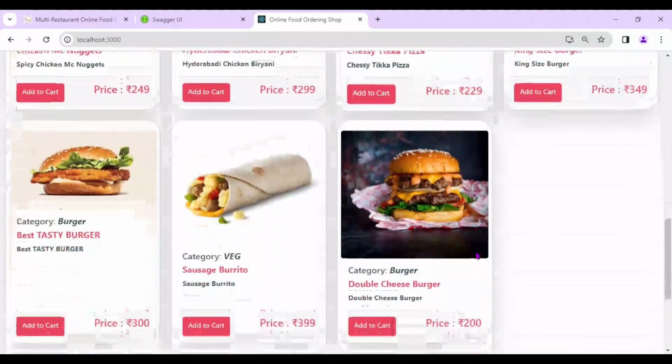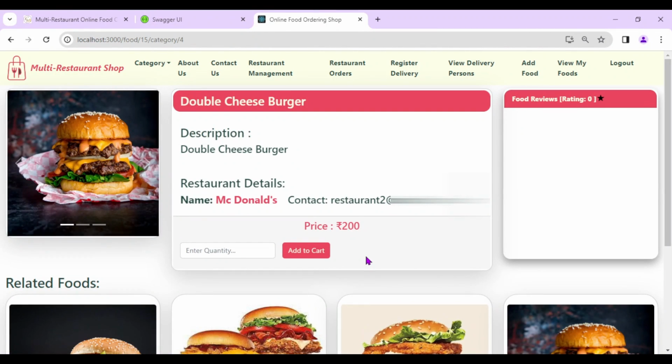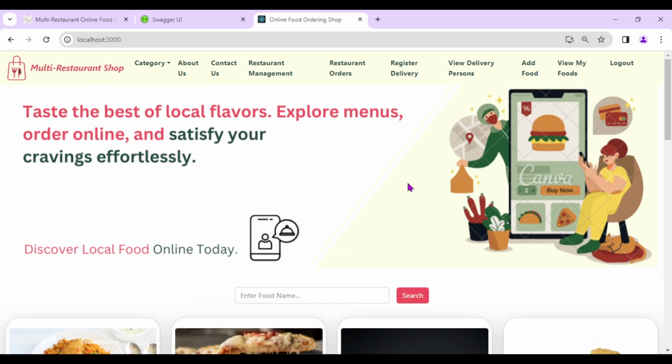So from the home page basically customer can order the food by sitting at home. But what if, let's suppose, customer wants to eat that food by going to the restaurant, then how will the restaurant manage that? That is the important thing. Regarding add to cart then order the food, I have already shown in my existing project, but in this video our main focus is how restaurant will manage the customer orders when customer will visit the restaurant.